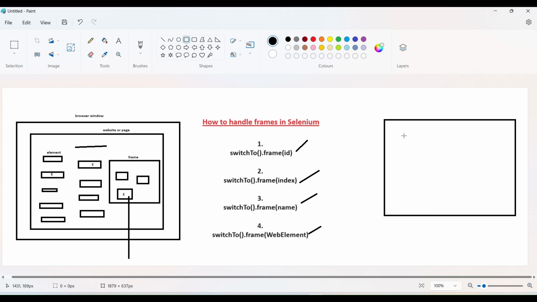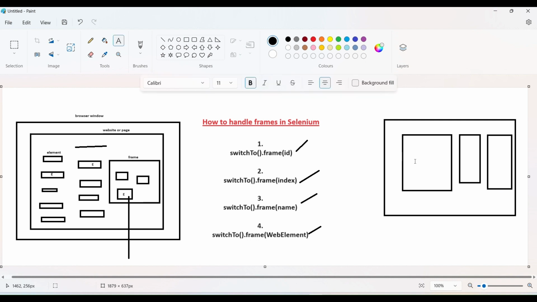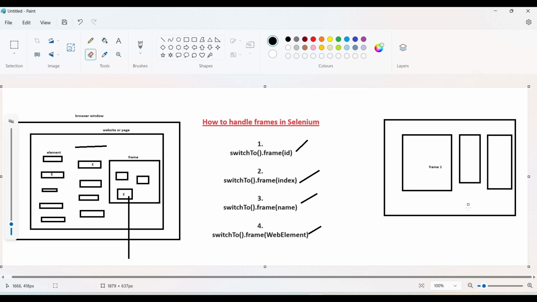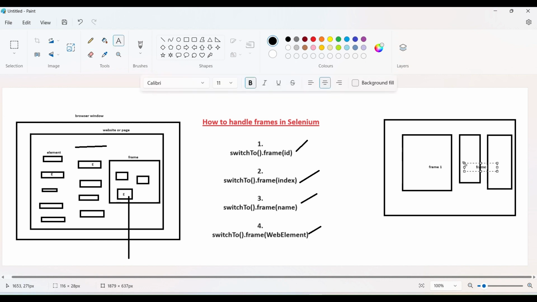After that, we have one frame here, then one frame here, and this frame. So we have three frames: frame 1, frame 2, and frame 3.